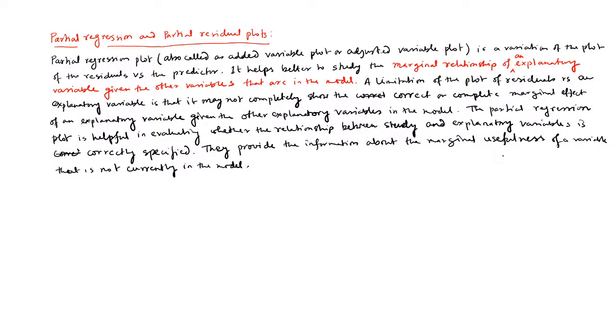So, the usefulness of a variable that is not correctly in the model. So in the partial regression plot,